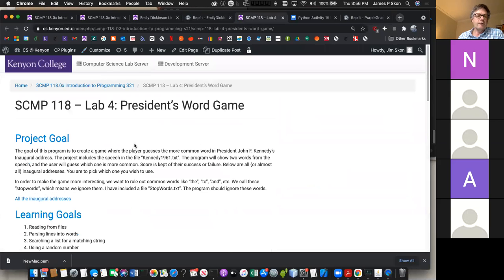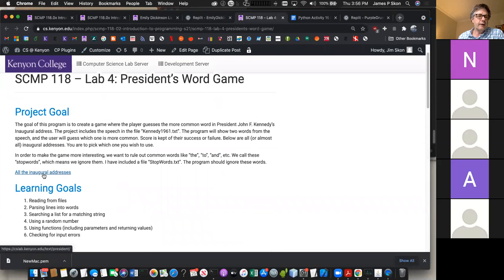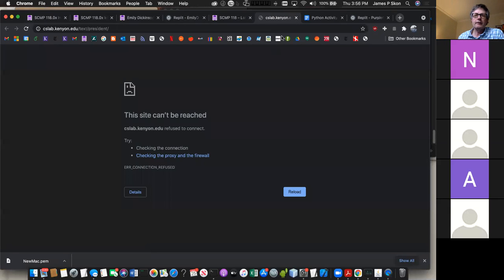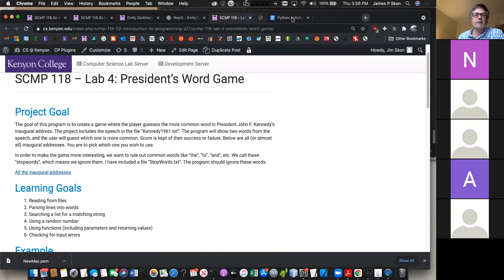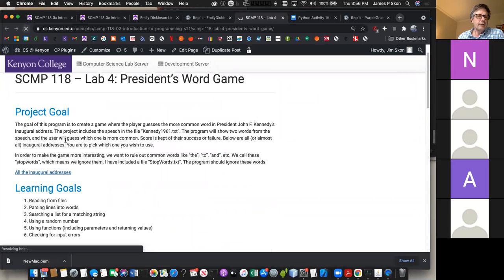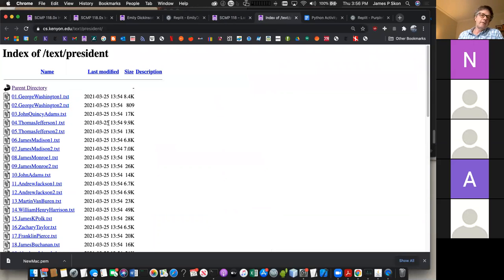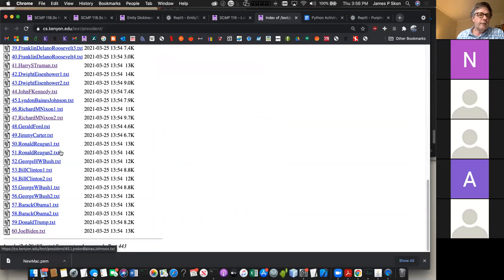So lab 4 is the president's word game. If we click on this link here, it didn't work. Okay, so I thought I fixed that. There it is, now it works. I had to refresh that. So here's all of the president's